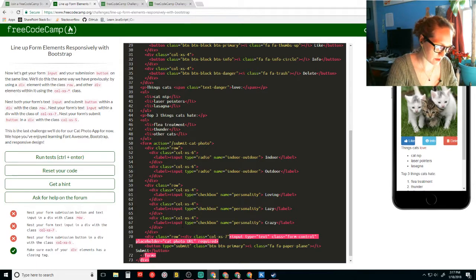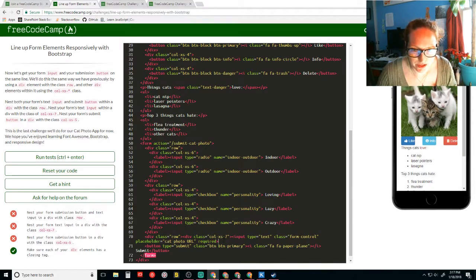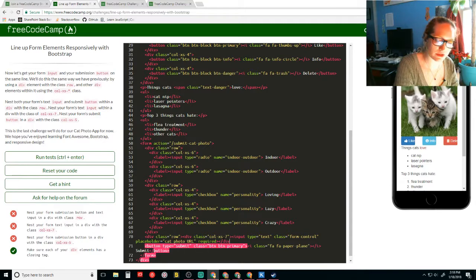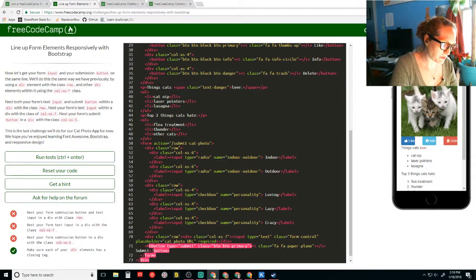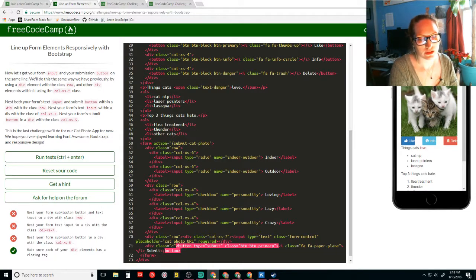Yeah. And then we're going to close this div here. Open this div in front of the button. Class equals col-xs-5. Guys, I'm doing it.